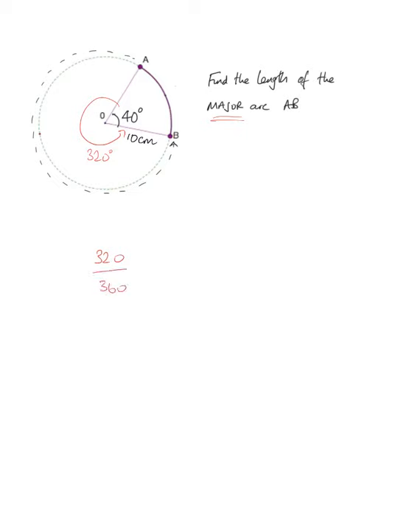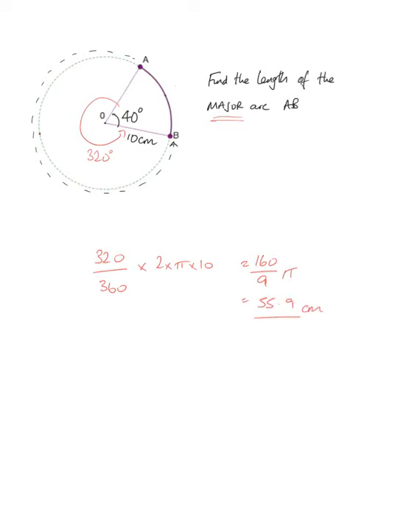Because I want the length in the major arc, I need to use that 320 rather than 40. So the length of the major arc is going to be 320 over 360 times 2 times pi times 10, which is 160 over 9 pi, which is about the same as 55.9